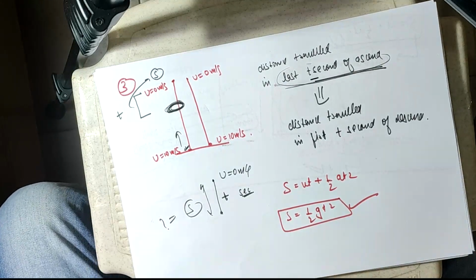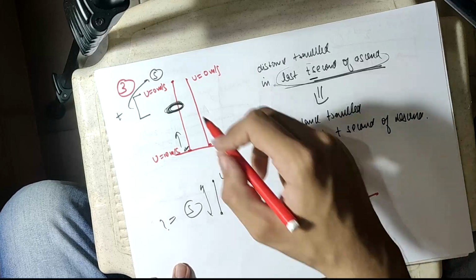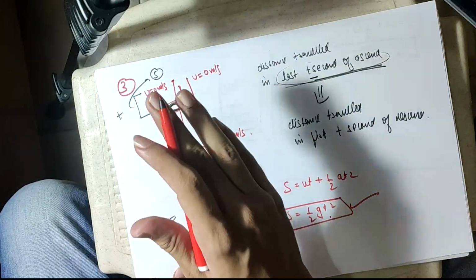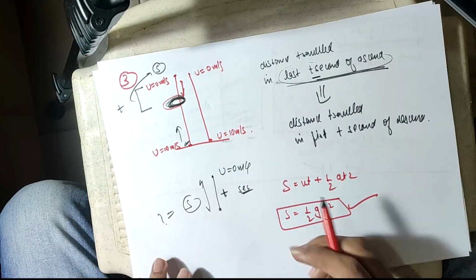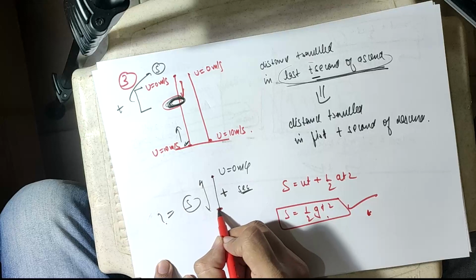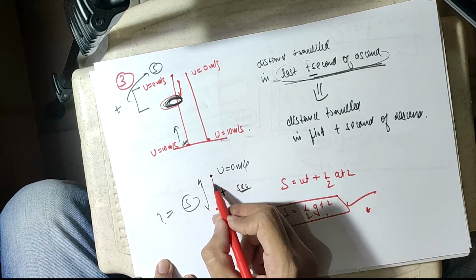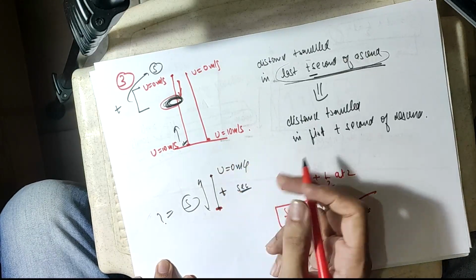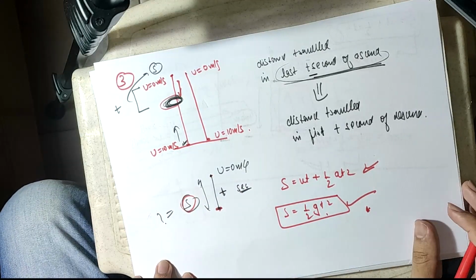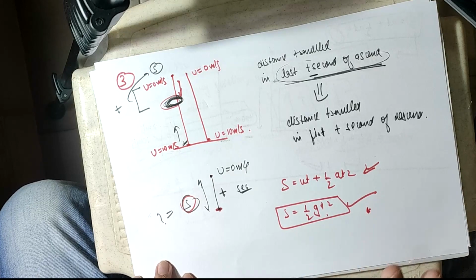This is the answer. But if you are going to do it by the upward method, you have to find the velocity first, and it will be very hectic. So it's better to do a question like this. I hope the point is clear. U is given, and the particle has traveled for t seconds. Then you have to find the distance traveled in t seconds, so you have to use the second equation of motion. Okay. So these are the 3 points.